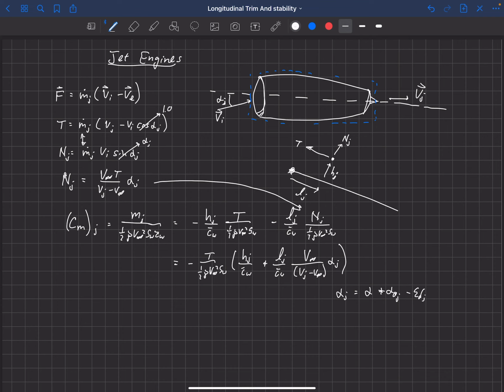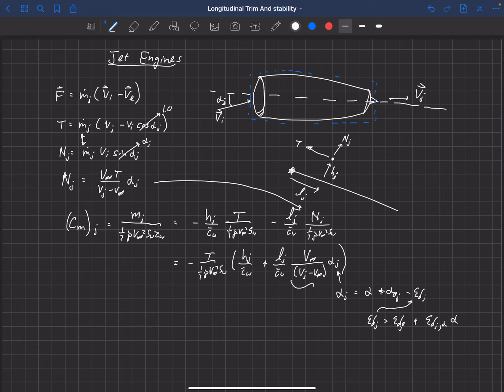And of course, downwash, as we know, can be written as some downwash at 0 angle of attack plus a gradient of that downwash with respect to alpha. Okay, so that's the same as we've always done. So this goes into there, and then this alpha j goes into there. Okay, another thing we want to